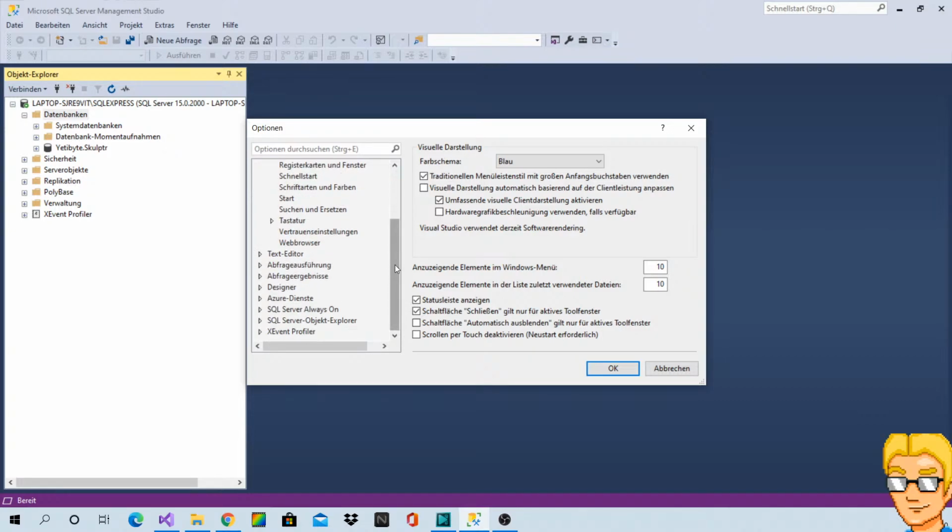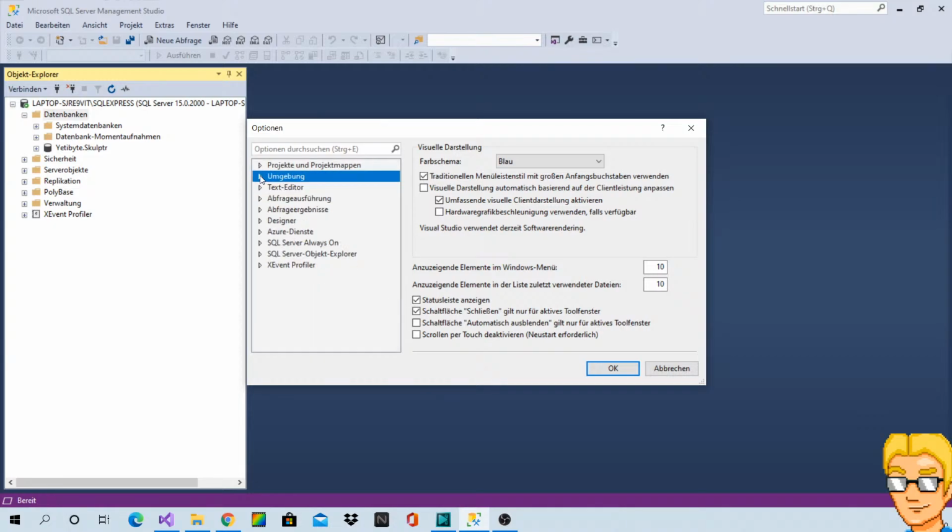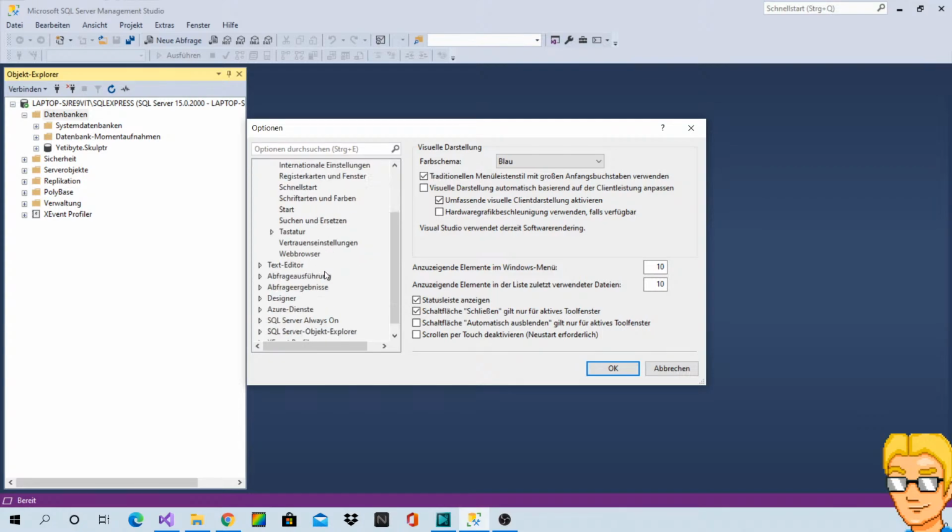I mean, obviously you can change the language, but I might have to install a language pack or something. We're just going to keep it in German.